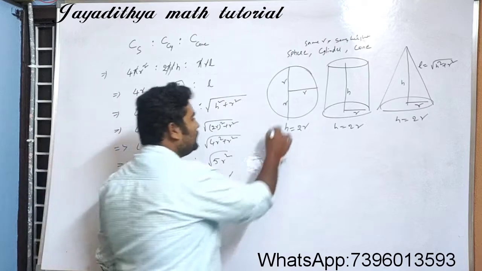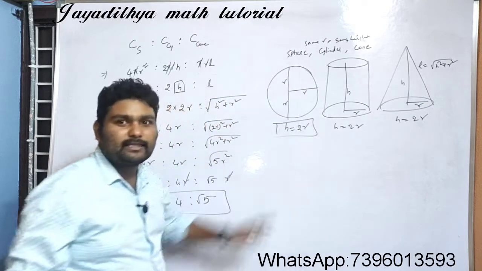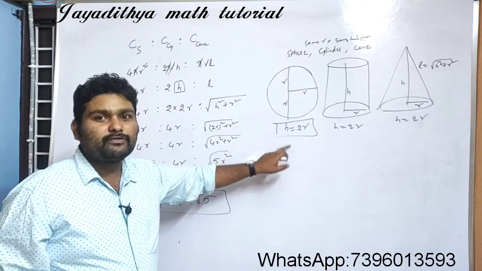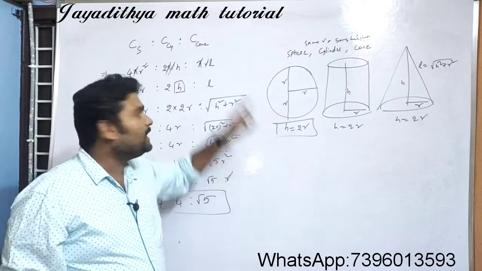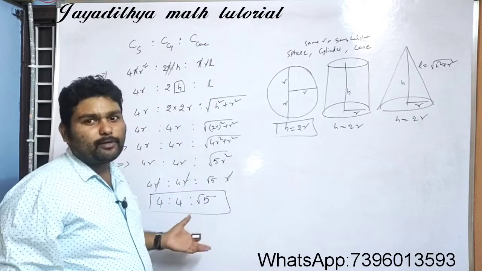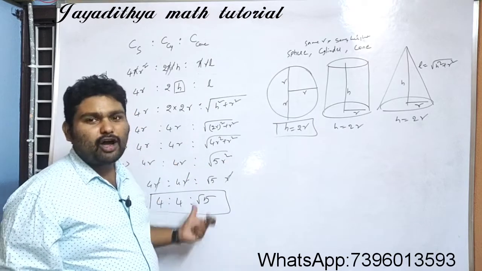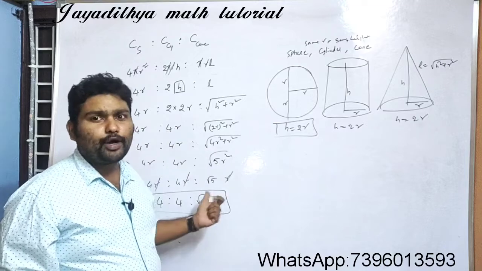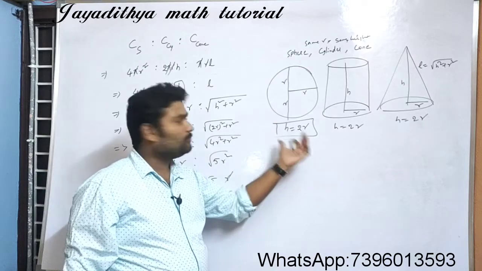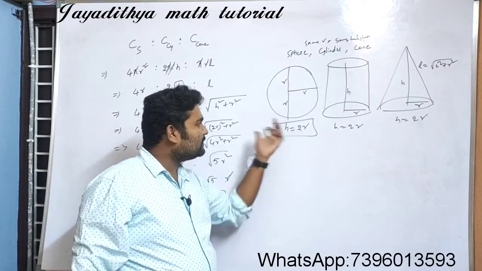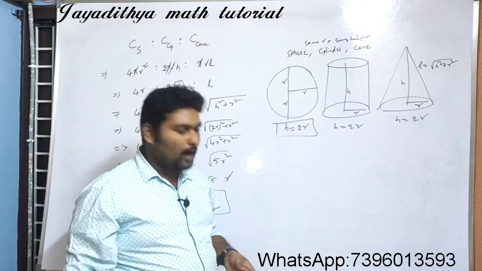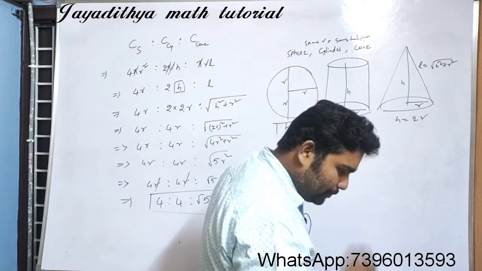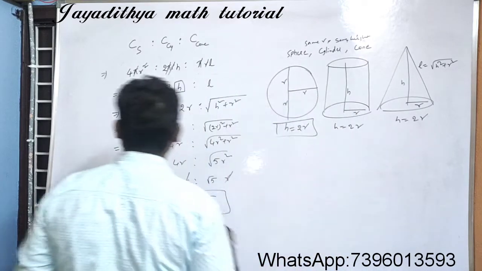Here the important point is to take height is equals to 2r. This is the important point. Most of the students will not find this one, and they will not attempt this one. Such an easy problem, but they will not attempt. And this is also an important problem, just by lack of the knowledge that they should take h is equals to 2r. Okay, now I hope you have understood this one.